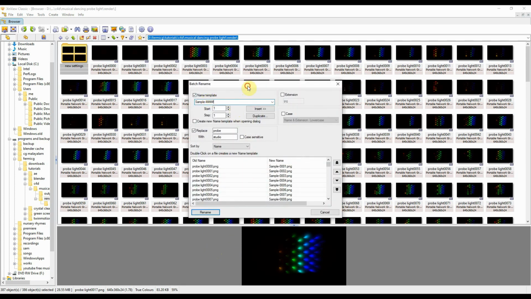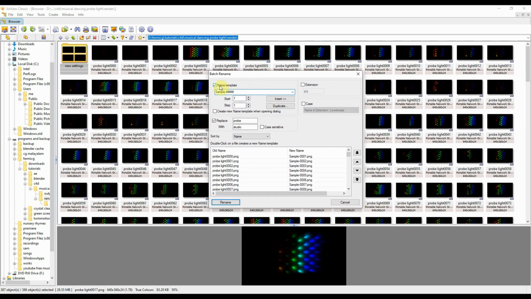This window will pop up, and you need to select the name template. And see, now my probe light 000 is changed to sample 001 PNG. So I'm going to change this, make it as studio, so it will change accordingly. And if you put a hashtag, it will create a number sequence 1 2 3 4. So if you want to upload to TurboSkid, or if some WebGL programmer or website won't allow this kind of image sequence,